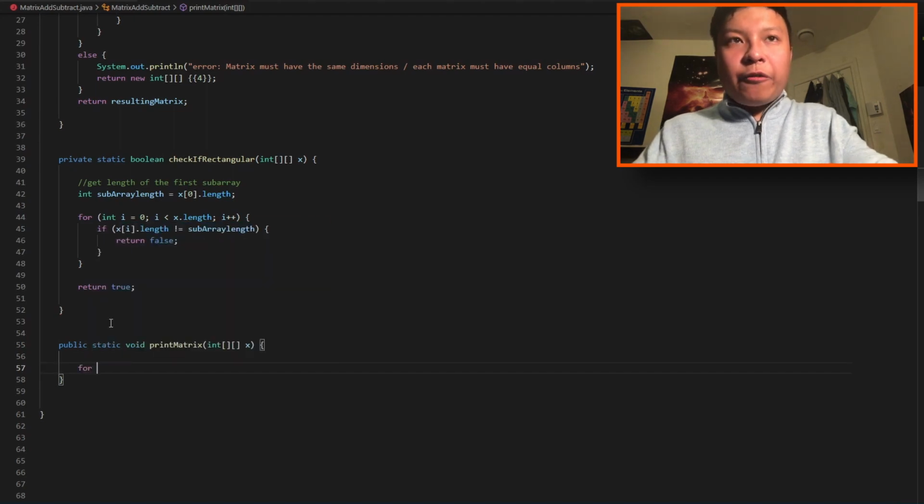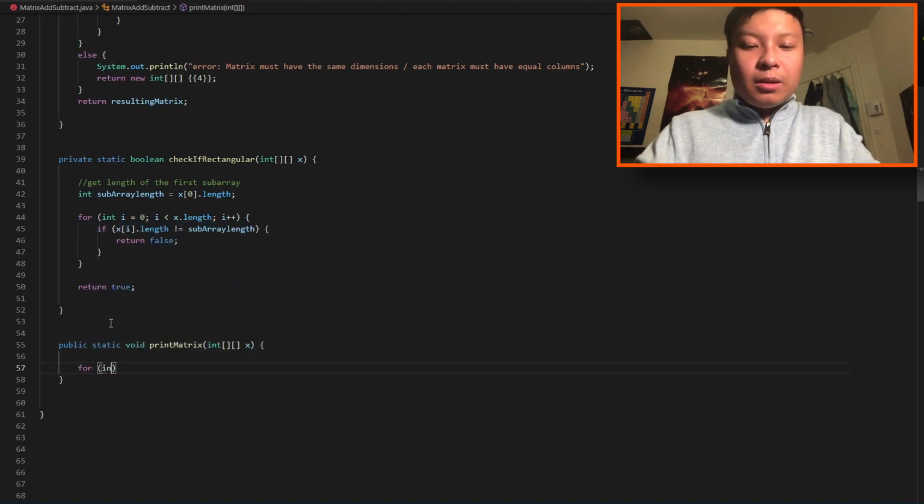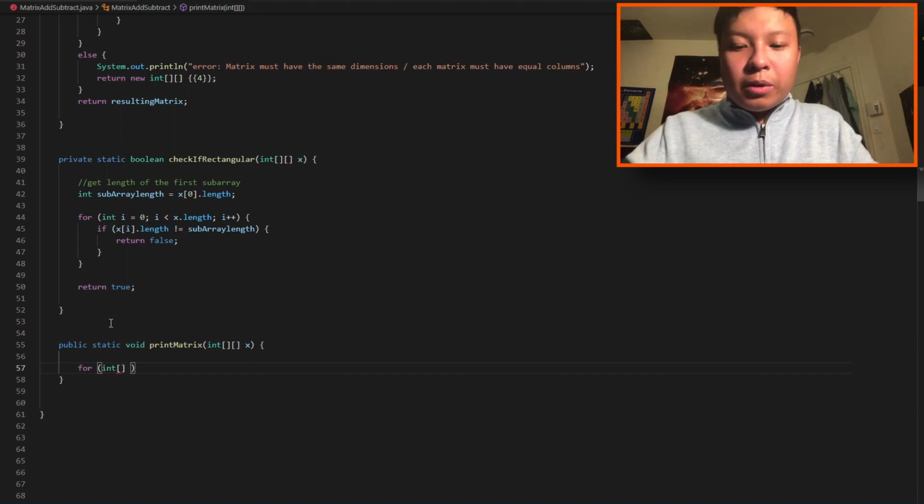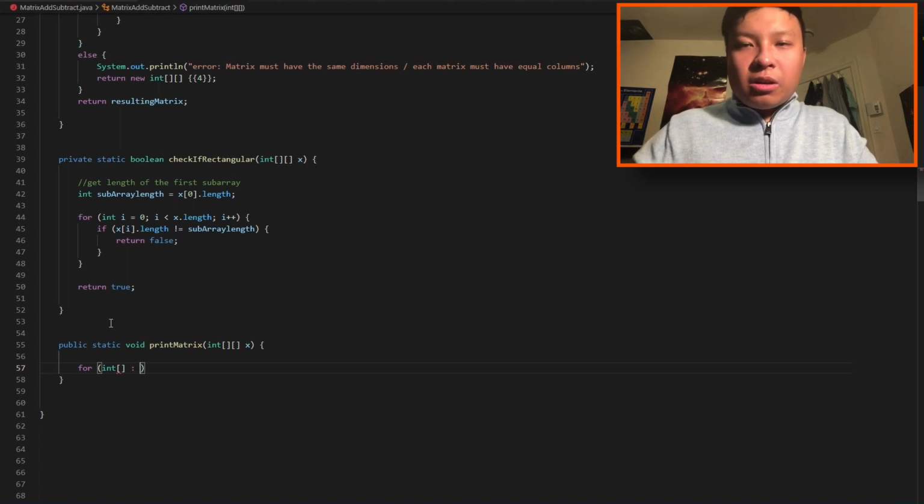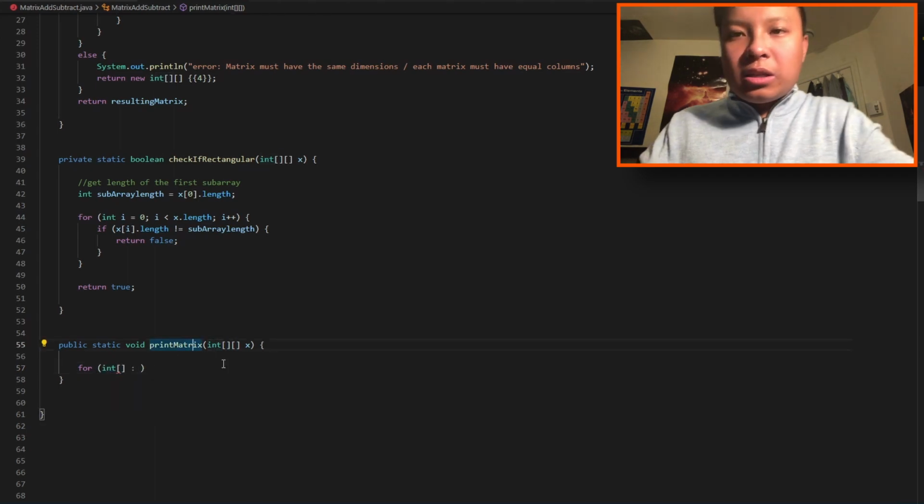I'm going to print a for-each loop, int. This for-each loop takes a copy of the element, but the type here has to match the type of the